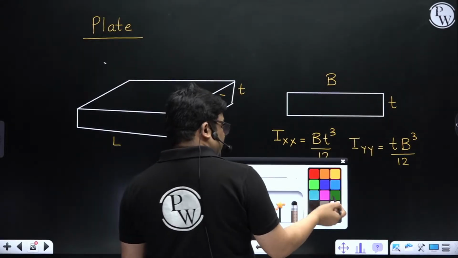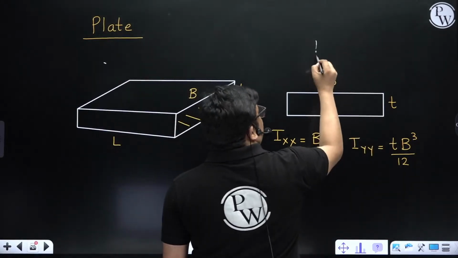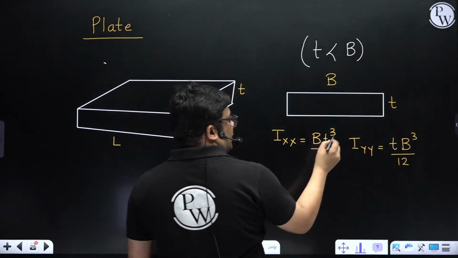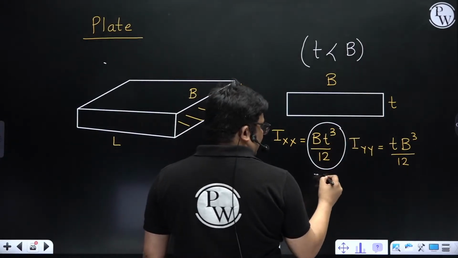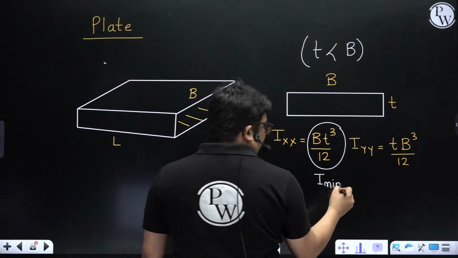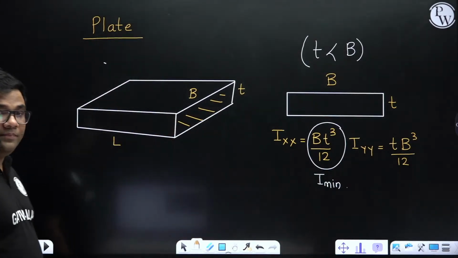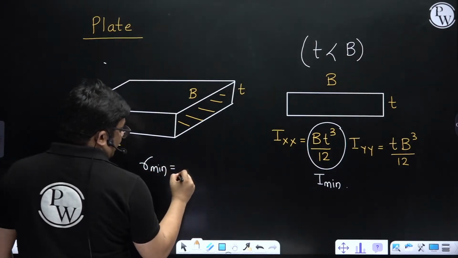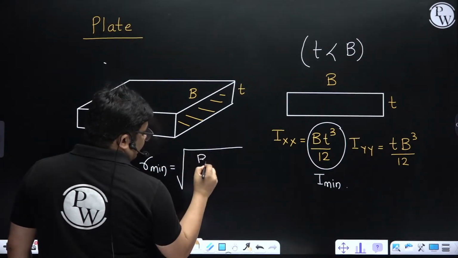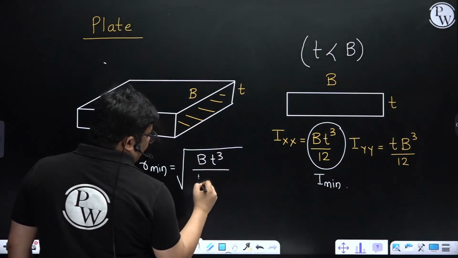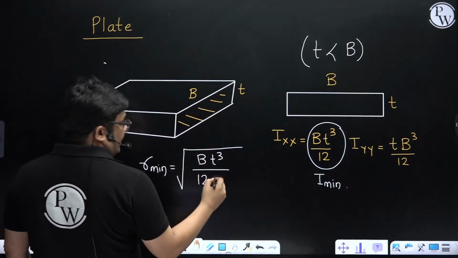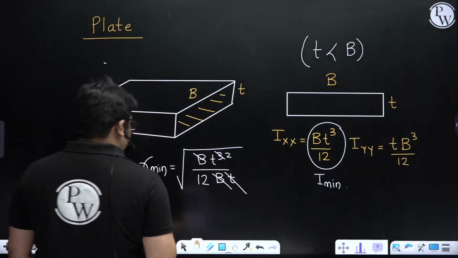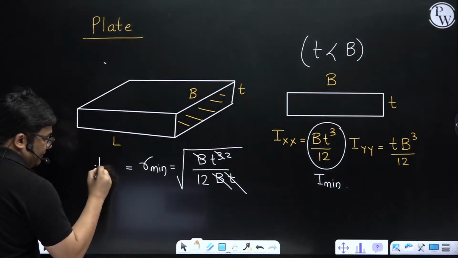Now see, out of these two, thickness obviously will be less than width for a plate. So obviously this will become the I minimum. And what will be R minimum then? The R minimum will be equal to I minimum, which is bt cube by 12, divided by the area of cross section, which is b into t. So b gets cancelled, and this gets t square. So R minimum of a plate is simply